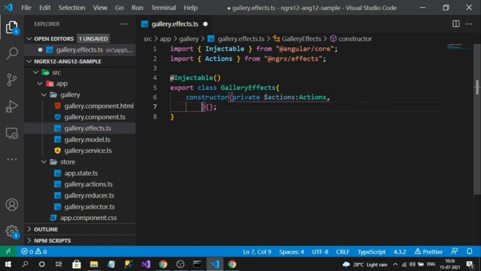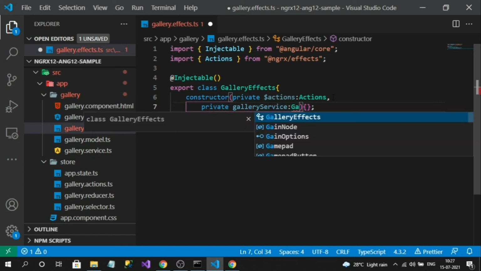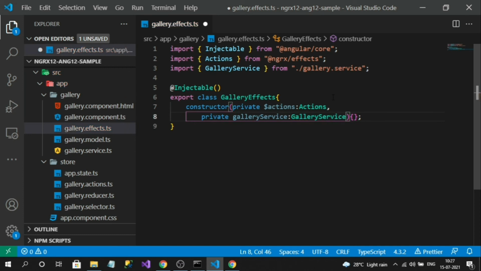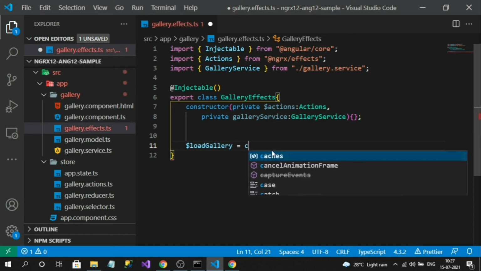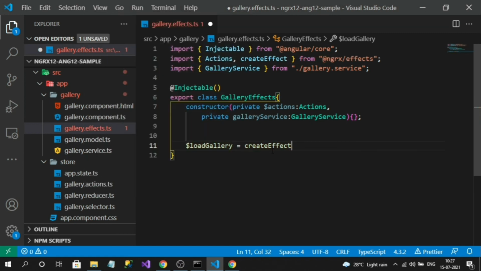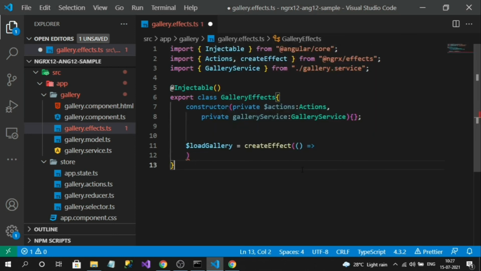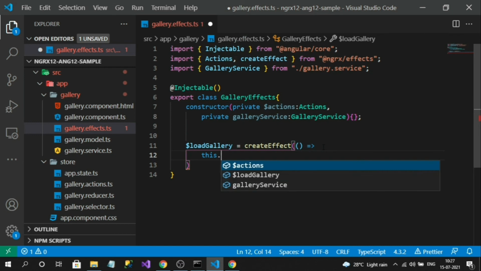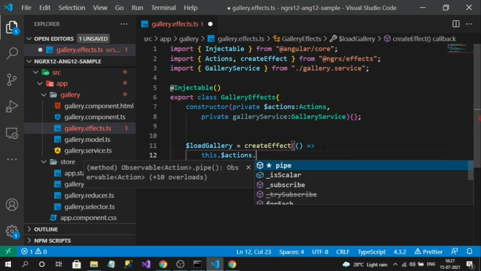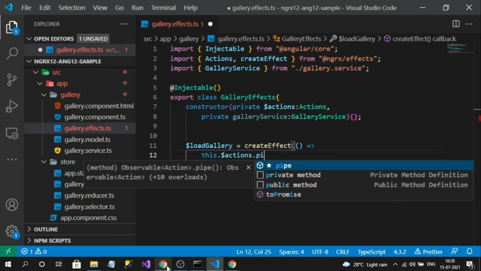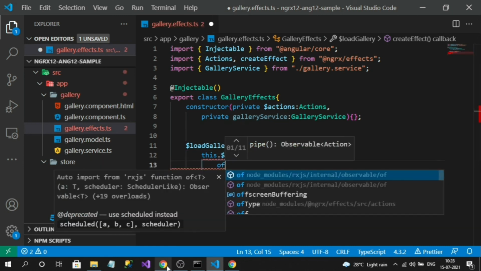And also inject my service here. Private, what is my service? Gallery service. Let's import it as well. Now here I can define my effect, like load gallery. I need to use the createEffect method. Inside of it, I can write this dot actions dot pipe, and inside of pipe I need to define